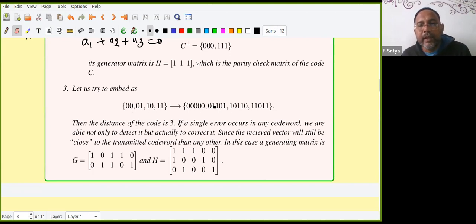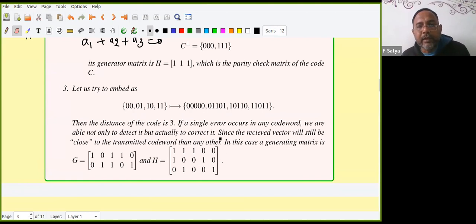For the generator matrix, again I'll take two of them. Which one is better? I'll take 1, 0 here and 0, 1 here. So I'll take those two. Remaining are these. Again it is identity and there is something here. If you look carefully, this 1, 1, 0 now becomes a column here, and 1, 0, 1 becomes a column here. Now this is the identity matrix, so these two are linked. Now this is the parity check matrix for the dual code.